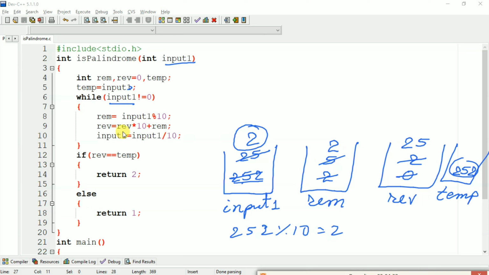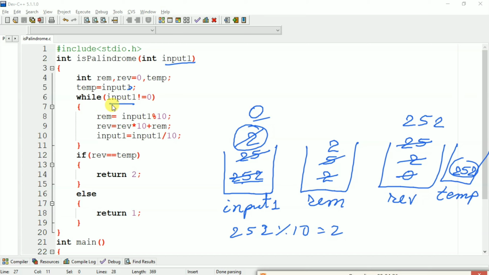Now reverse equal to reverse into 10 plus remainder. So here 25 into 10 is 250, and 250 plus remainder 2 is 252. Now reverse will be updated to 252. Now again input1 equal to input1 divided by 10. So here 2 divided by 10 equal to 0. So input1 will be updated to 0.